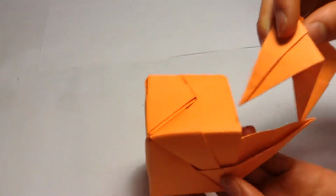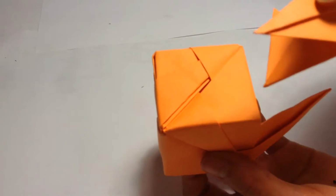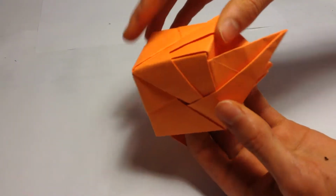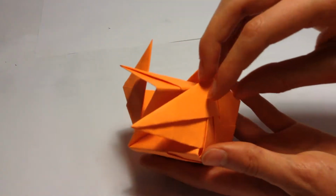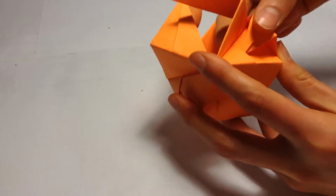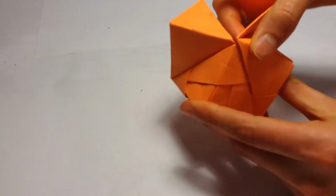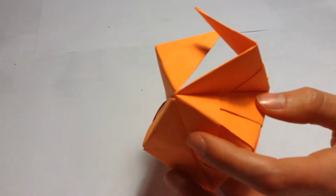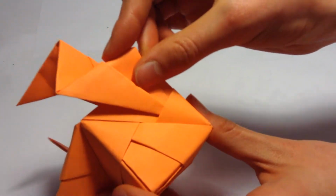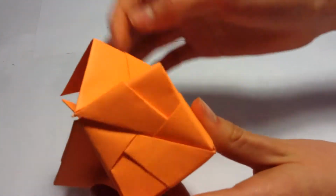Next, you're going to take your fifth one, stick the wing of the fifth one into the pocket. It's right here. And then this wing is going to go into the pocket of the new one. Then you're going to take your last one, stick it in that pocket,